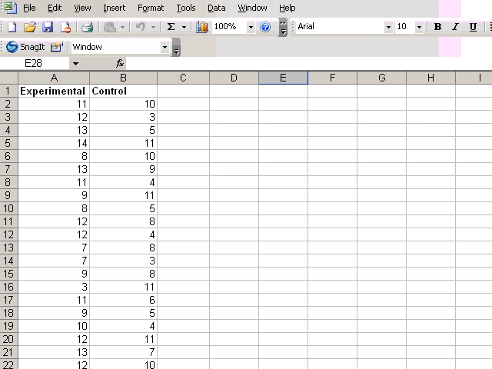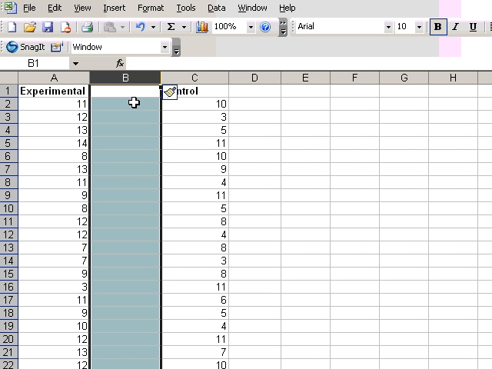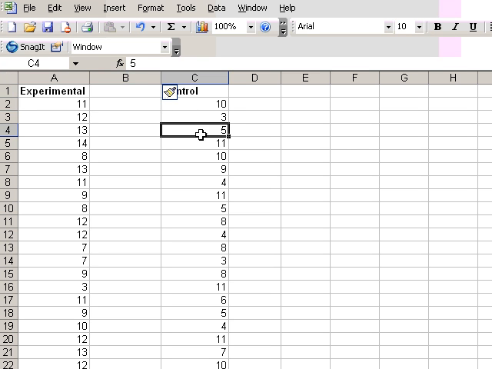We're going to rearrange the data to set it up as it would be if we were going to use regression as the t-test. First thing we'll do is add a column here where the control is,